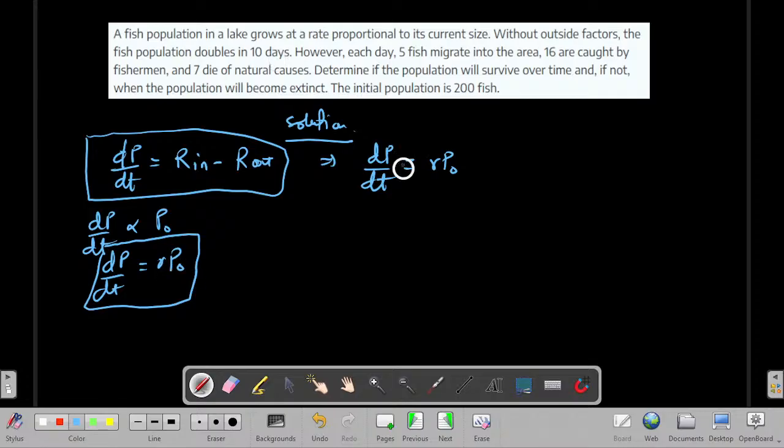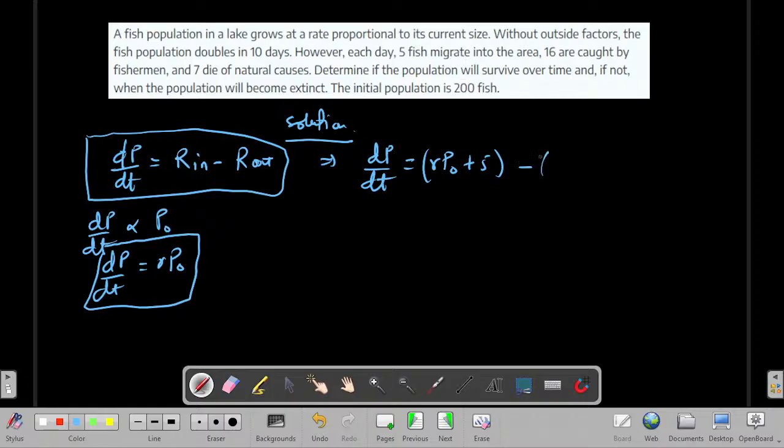Now handling this one, he says that, however, 5 fish migrate into the area. So our population will increase by 5. This is for the rate in. So my rate in is simply my first point of growth plus the 5. Originally it grows at a rate proportional to its current size, whether somebody is coming in or not, because of the fish. Then the plus 5 is the external fish that will come inside. Then minus